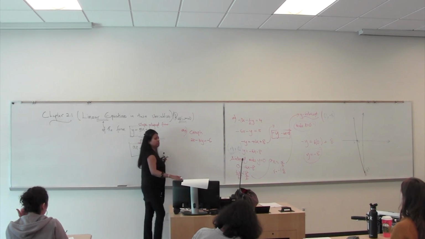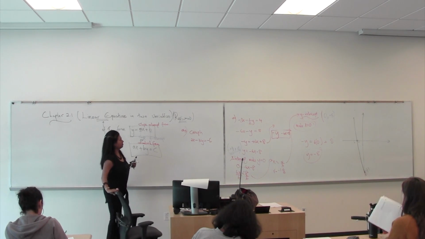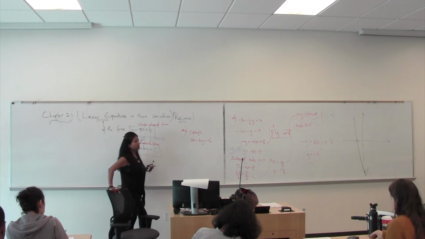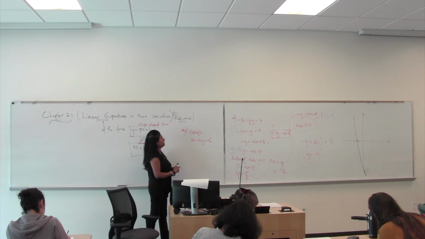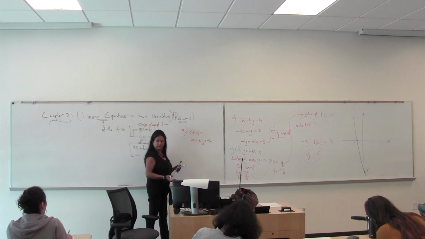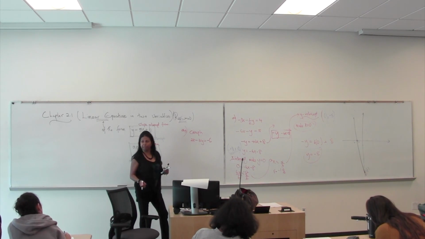Now this is given to you. This is given to you. Now, this is the standard form, right? Standard form is, and if you are asked to graph using a table of ordered pairs,